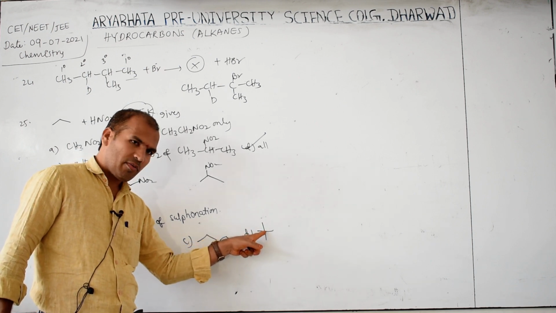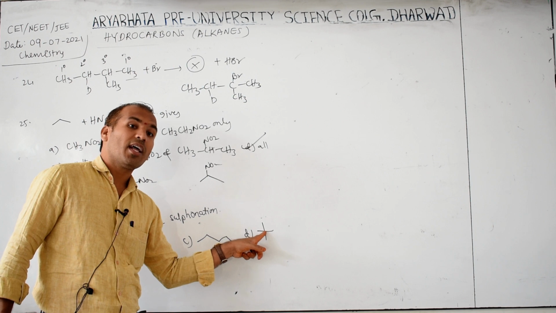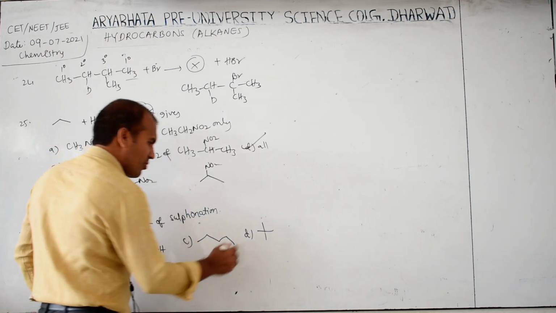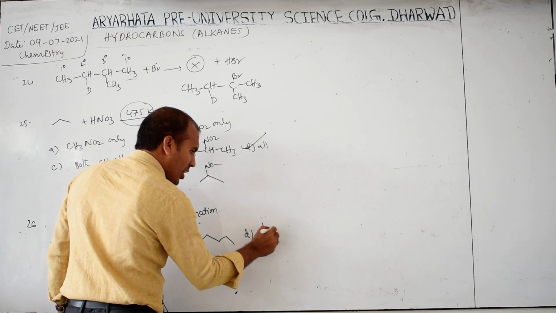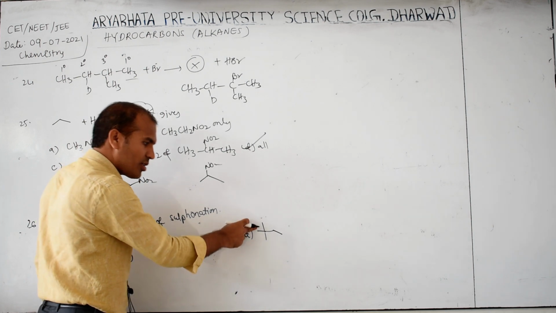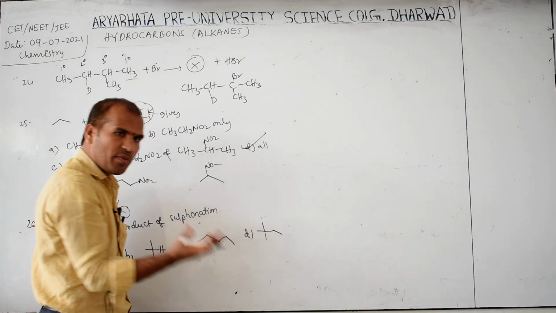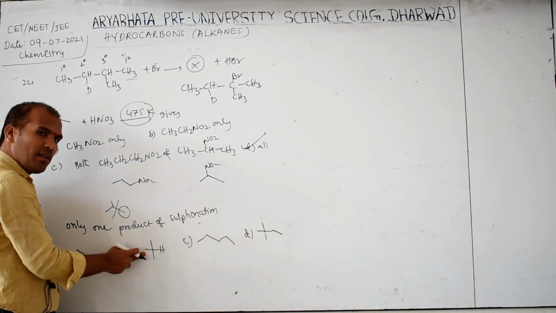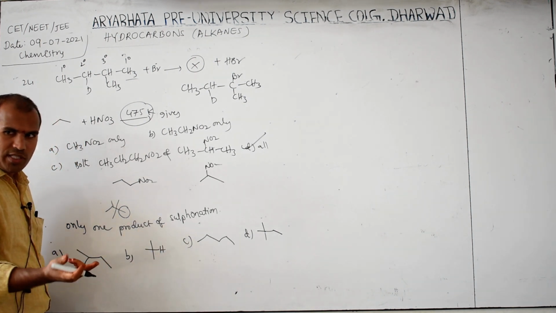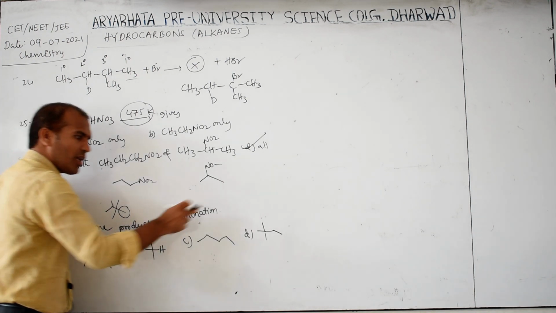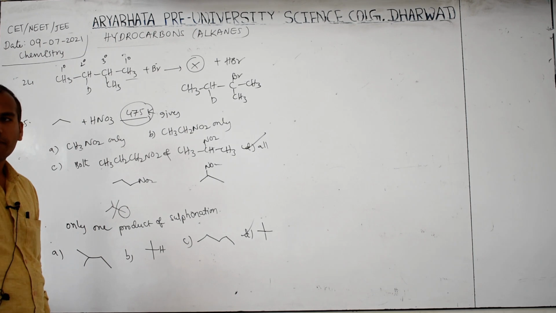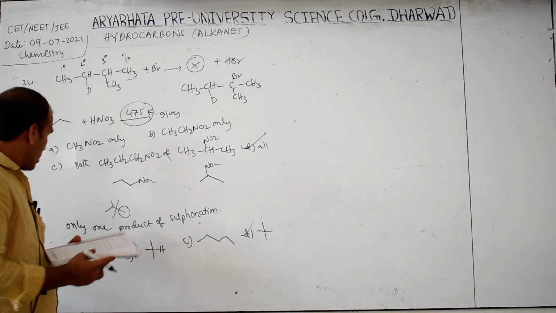Here not possible. Why not possible? Because here hydrogen is not there. Because carbon valency is how much? 4. Carbon valency 4 means here hydrogen is not there. Here also SO3H forms the same product, here also SO3H forms the same product, because the name is the same. But here this can replace SO3H, here can replace SO3H. So here two products form, but here how many products form? Only one. Therefore option which one? D. Next, 27.